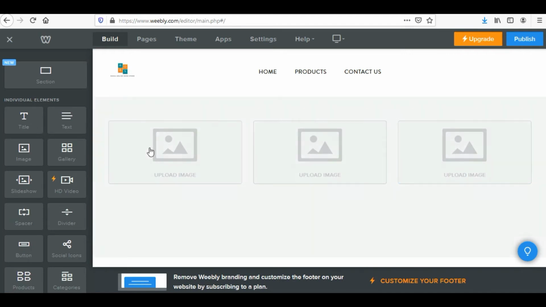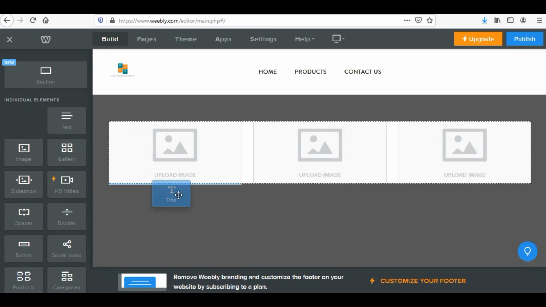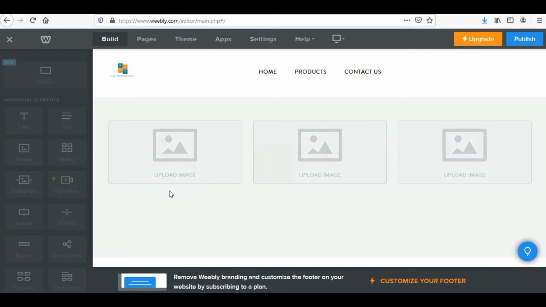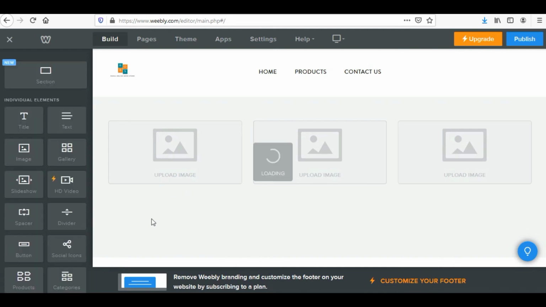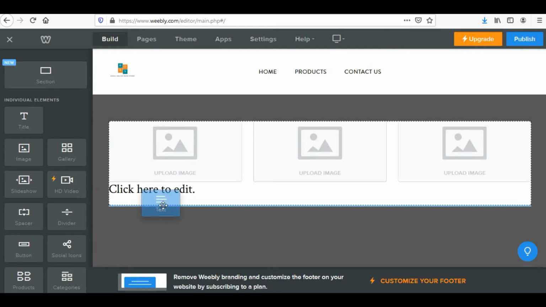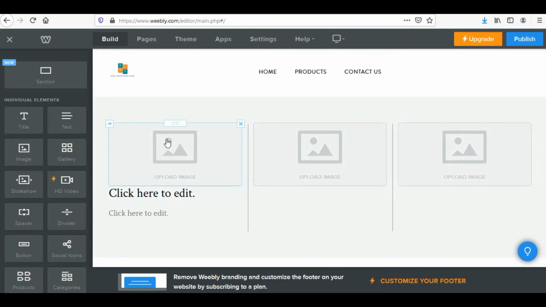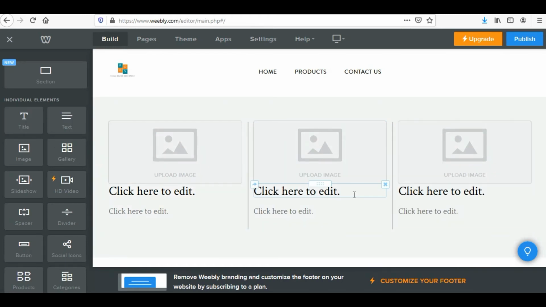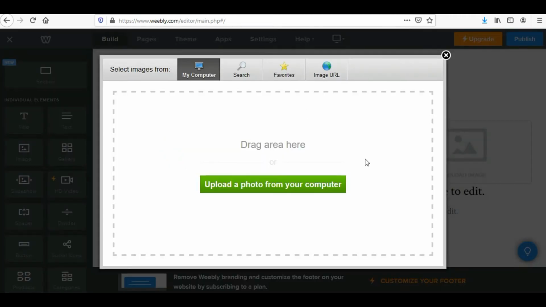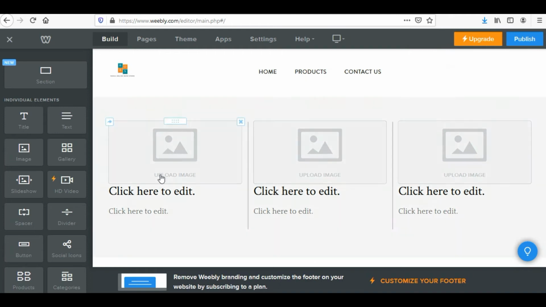columns. Now beneath every image I want the title of the product to come, because I would be uploading a product image over here, then the title of the product, and after that maybe I would be putting the text, something about it. So see, I'll upload image over here, title over here, and description over here. So whatsoever image I have in my system which I want to upload, I'll just simply click over it, I'll drag and drop the image over here, and the image would be listed in this place of upload image.